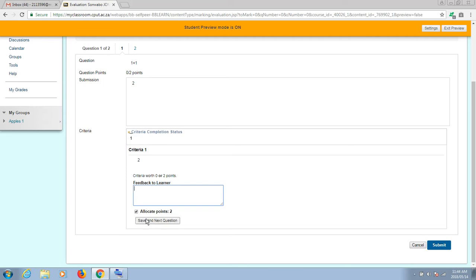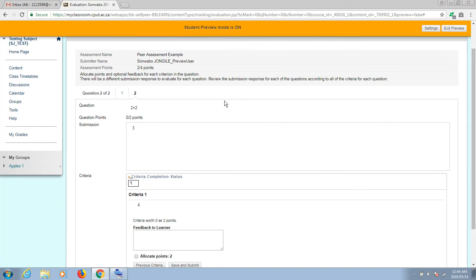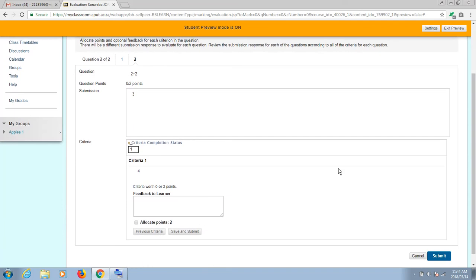All right, now question number 2 was 2 plus 2. Student said 3, which is actually wrong. The answer is 4 based on my memo. So now what I can do is, I won't allocate any marks to the student. Remember, it's all or nothing. I won't actually allocate any partial mark, so I'll just give feedback and say,